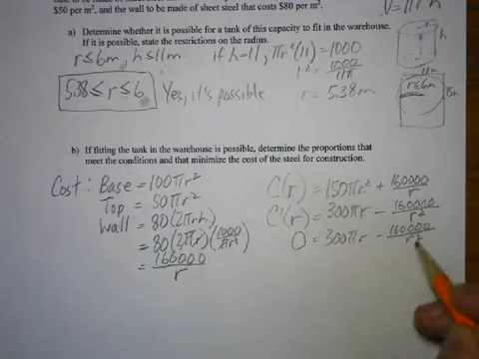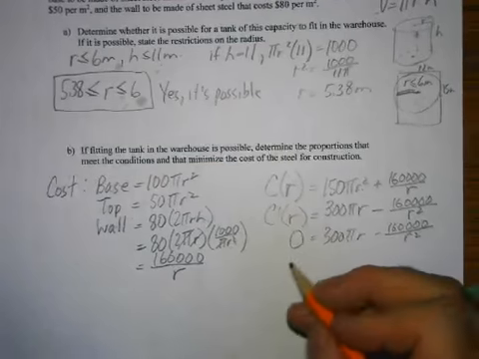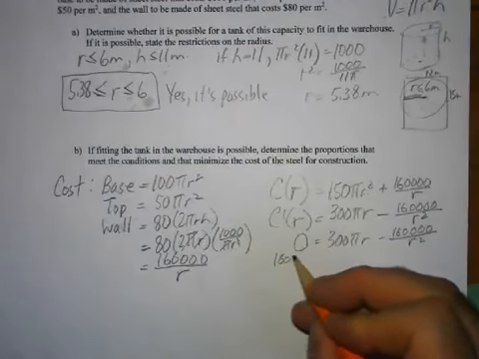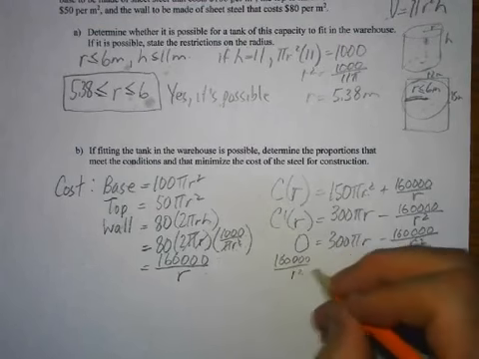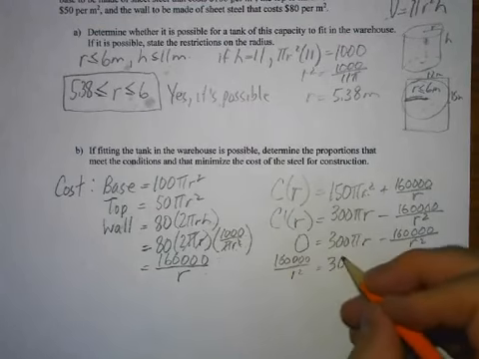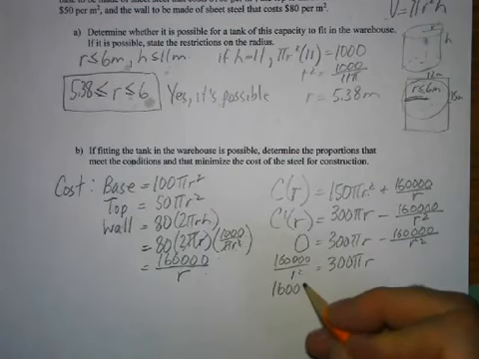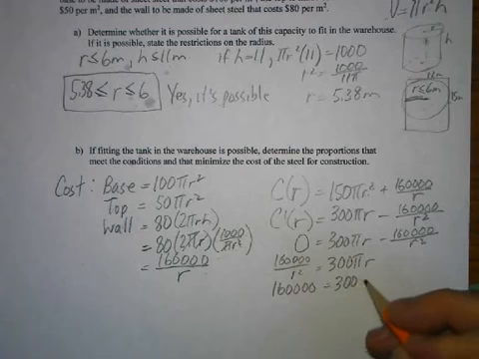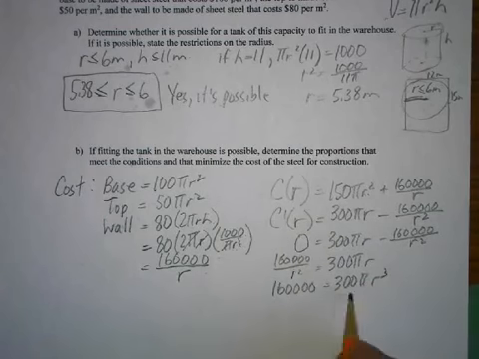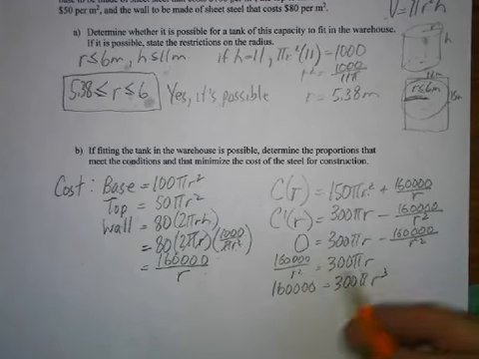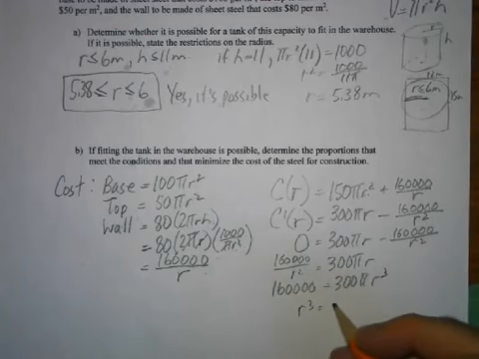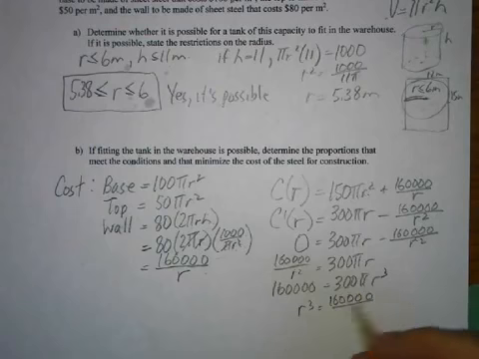We can actually move this to the other side here. 160,000 over r squared is equal to 300 pi r. We'll multiply both sides by r squared. 300 pi r cubed. Now we divide both sides, so basically r cubed is equal to 160,000 over 300 pi, and then we just take the cube root of that value, so I'll just go right to the answer. R is equal to